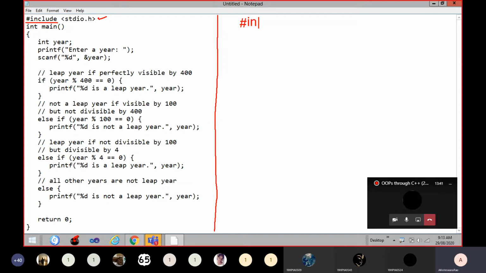So, as usual, it is a C and it is a C++ program. Okay. So the next thing is the main function.